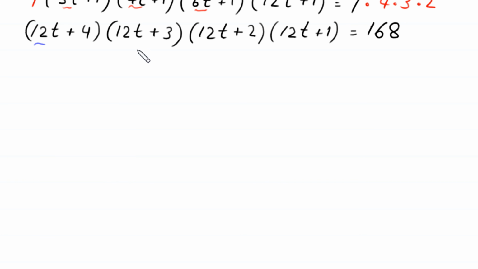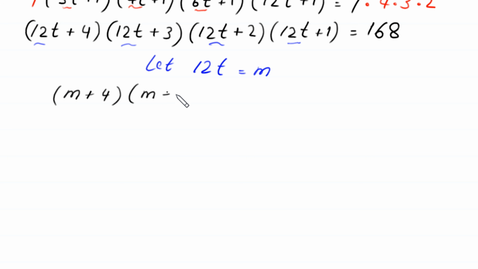We suppose that this 12 times t is equal to m. Let 12 times t is equal to m. So this equation will become m plus 4 times m plus 3 times m plus 2 times m plus 1 is equal to 168. Now because this 4 plus 1